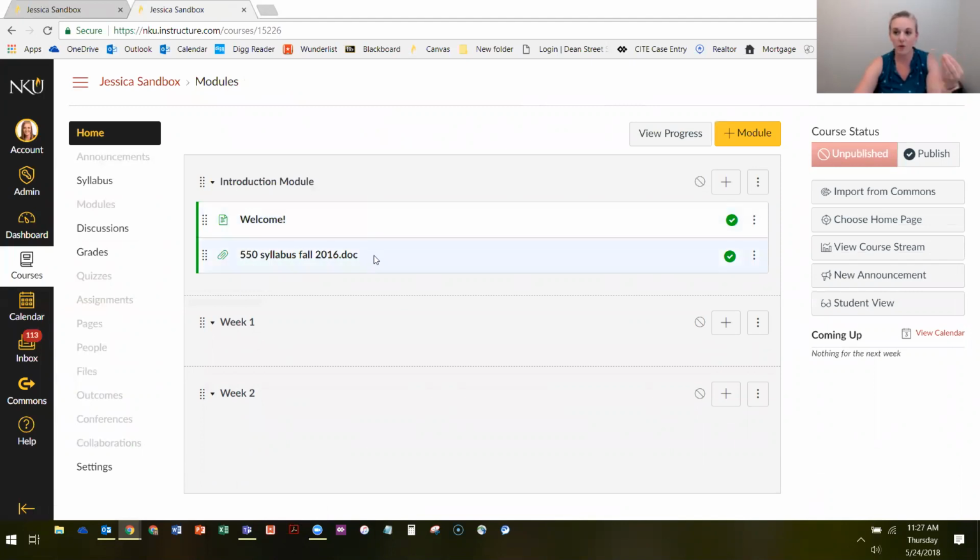Let's talk about other ways you might be able to add files. So files are kind of interesting because a lot of times we want to give students files as resources or as part of their assignment, and you can add a file pretty much anywhere in the course. So just like Jade was showing you,